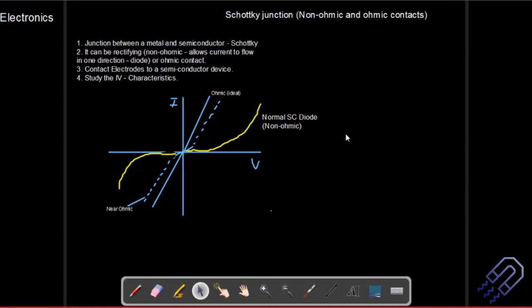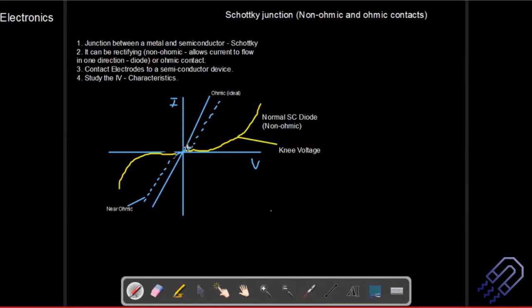Then if you have something called a Schottky junction, this part is the knee voltage, if you remember. If you draw a tangent, approximately I can tell this is the knee voltage. We can use the definition and then know what the knee voltage is. But for a Schottky junction, the knee voltage is lesser. That means for a lesser voltage, there is a jump. So maybe I can draw one more line here.